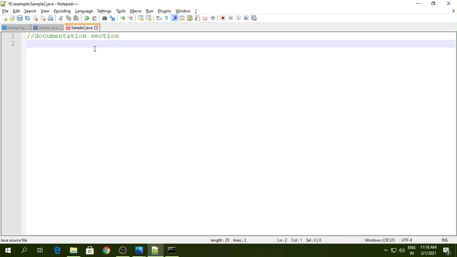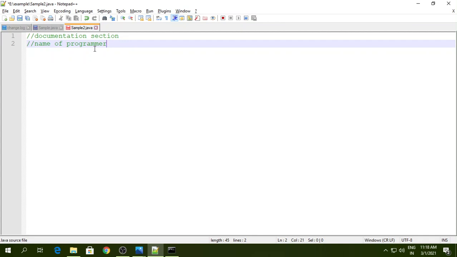So generally we write there the name of the author, the name of the programmer, author means programmer, then the date of the program, then the execution date, or any general information related to your program, like the name of the program. This is your documentation section.